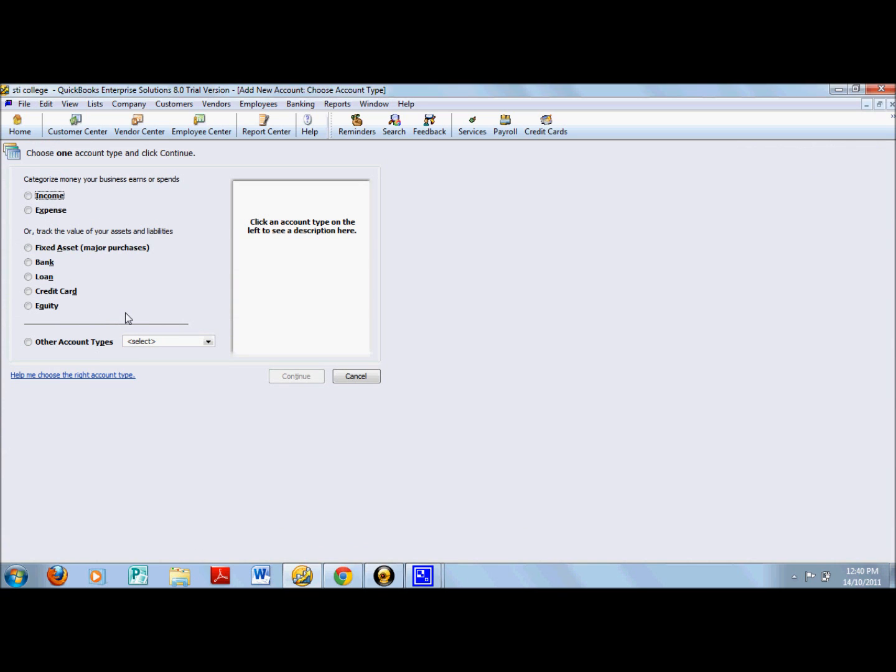and select an appropriate type of radio button to identify the type of account you are adding.